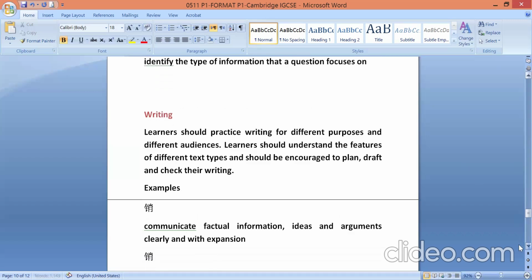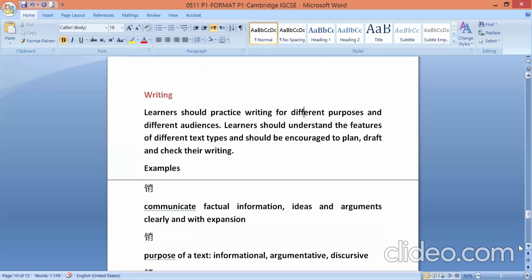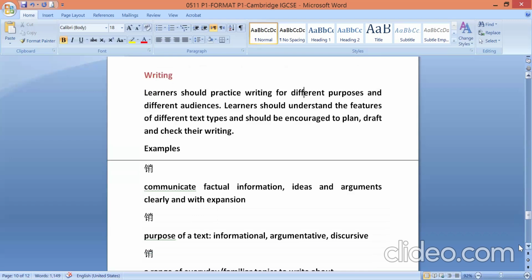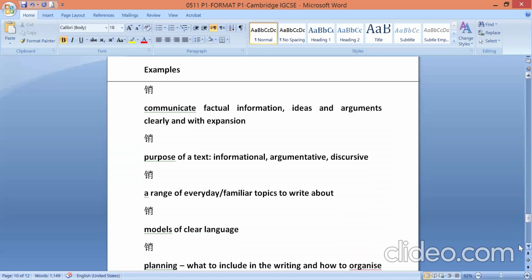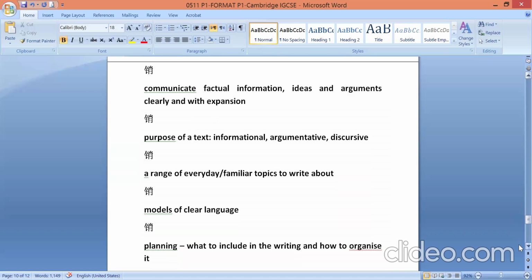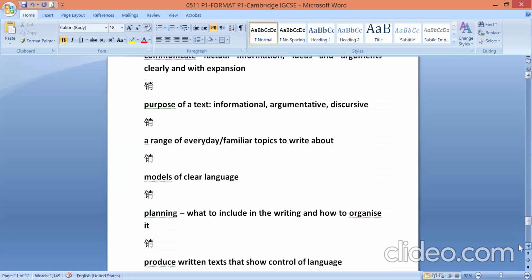Examples: communicate factual information, ideas, and arguments clearly and with expansion. Purpose of a text: informational, argumentative, discursive. A range of everyday familiar topics to write about, models of clear language,